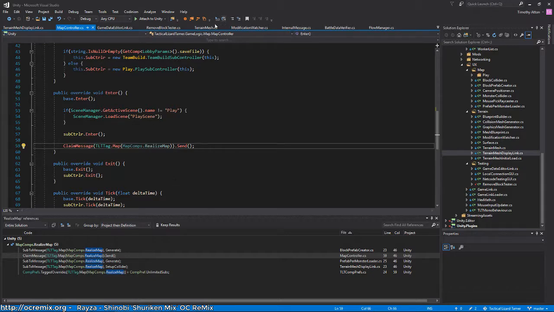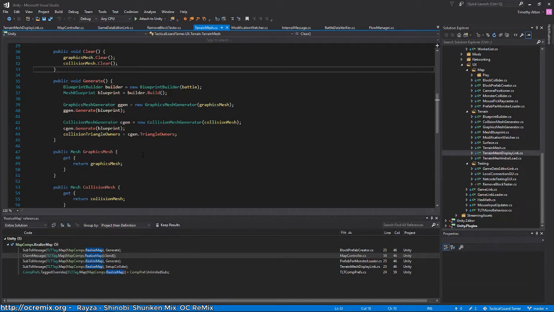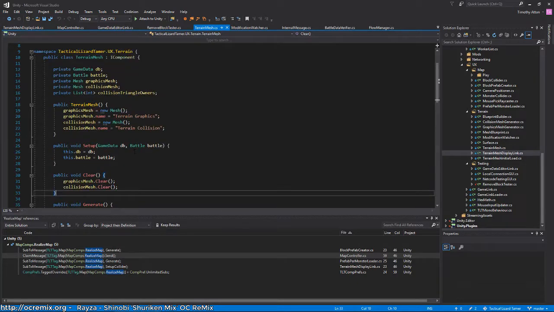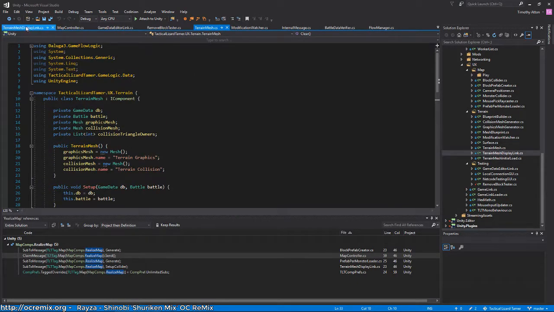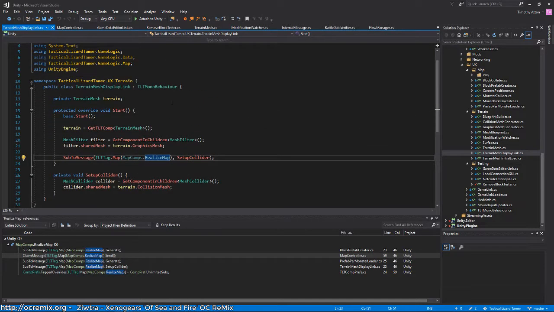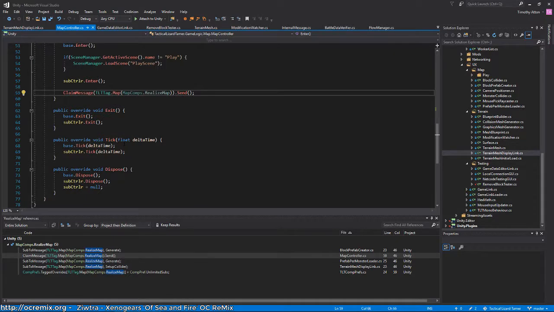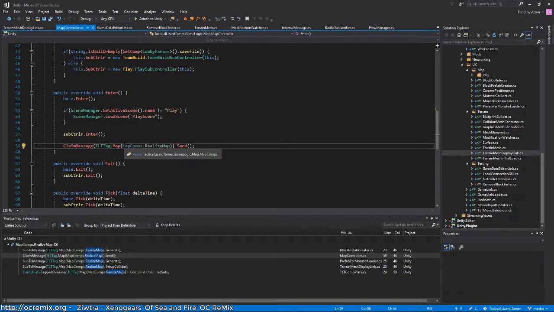I think that the terrain mesh should probably have a mesh updated function. But I guess there does need to be something that lets everything know when the map controller has started up. So maybe I'll leave this here. It's a little hacky, but